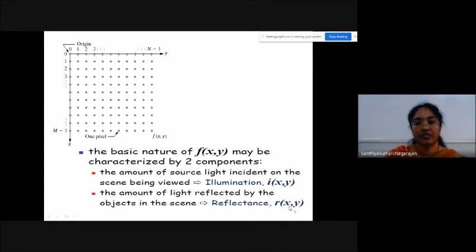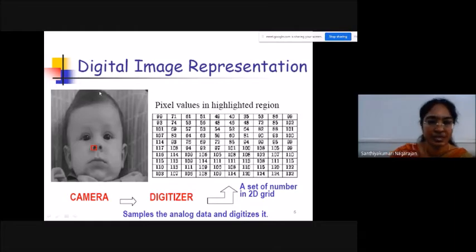It must be of an infinite reflectance value in that way. Okay. So in this slide, a digital image of a baby face is shown. You will see the small square which we have considered here, the image captured from this baby's face, which covers only the nose of this baby. And the picture element values for this two-dimensional region are represented in a matrix over here.